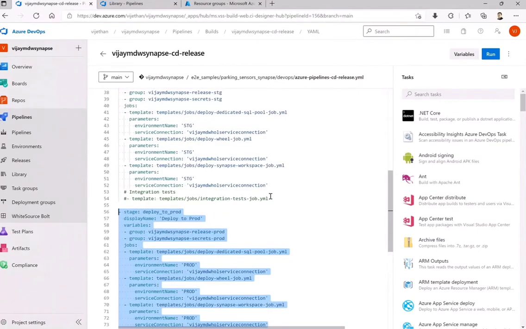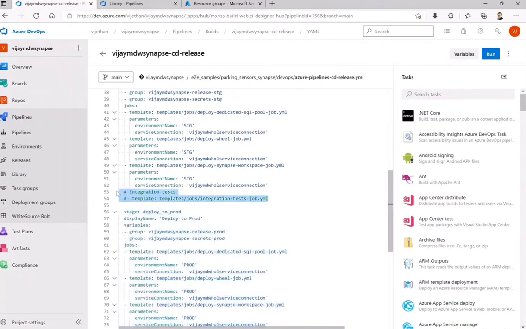I have purposely hashed this out because I have a different pipeline for integration test just to make sure at least we are through with the environment first, and then respective checks you can do, because integration test can involve n number of functionality. So to save you from that particular deployment, that is the reason I have separated this up.